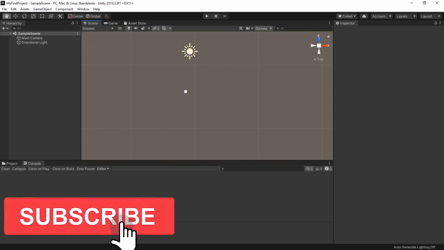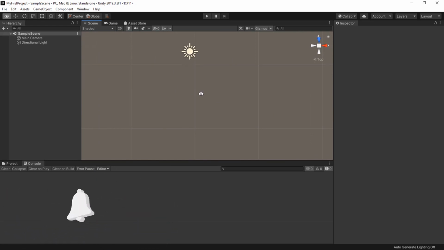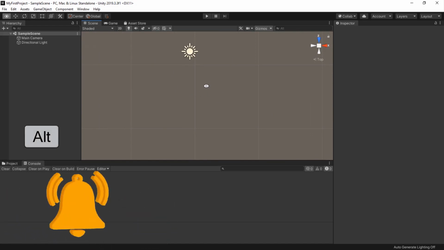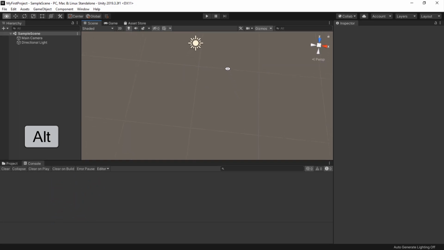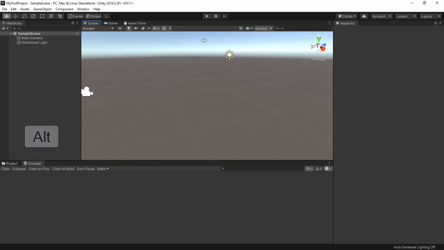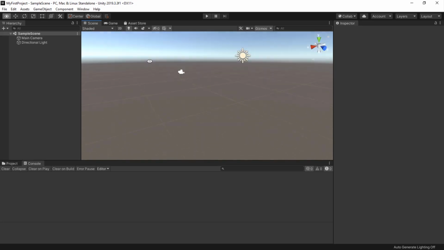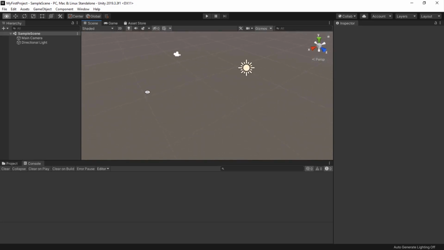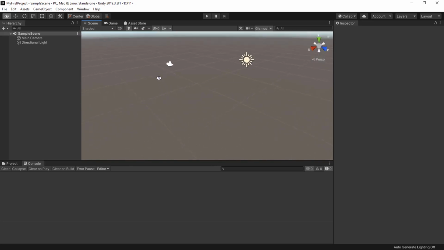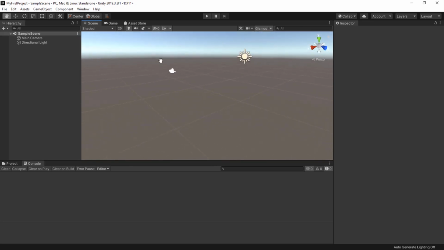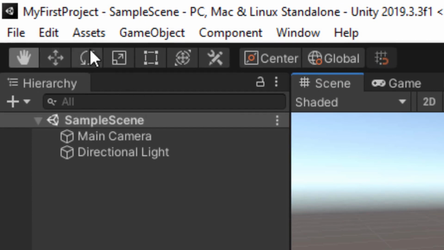If you want to rotate around your object, simply hold down the Alt key on your keyboard, and as soon as you do, you'll see the mouse cursor change to an eye icon. You'll also notice that the eye icon has been activated up on the toolbar. With the Alt key held down, left click and drag your mouse to rotate the viewpoint or rotate around the selected object. And it's a great way to get a better look at your game world and make adjustments as needed. And if you want to access a different functionality, you can select different tools over here or use their shortcut key as shown under each tool.